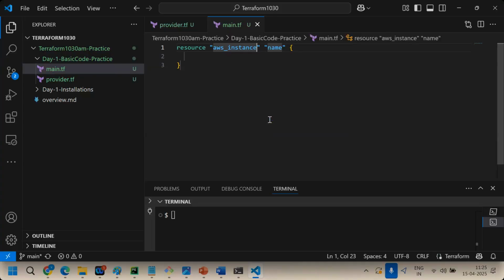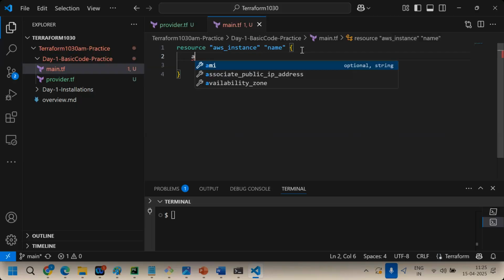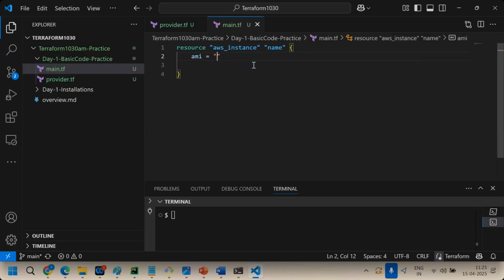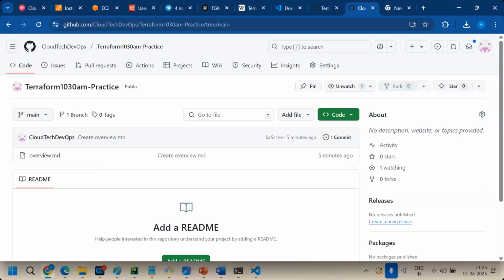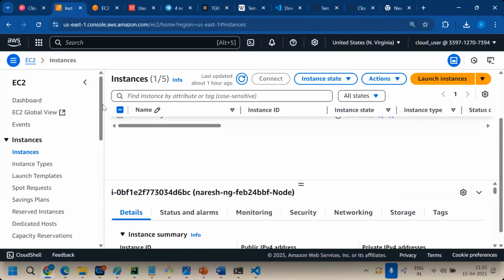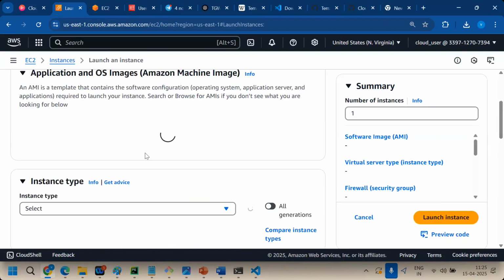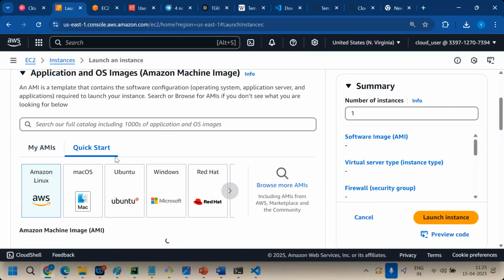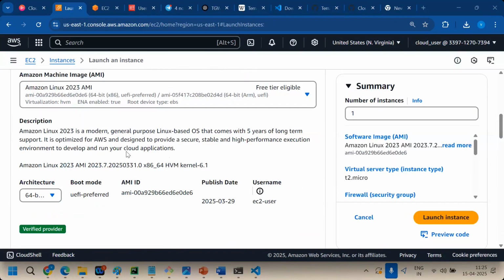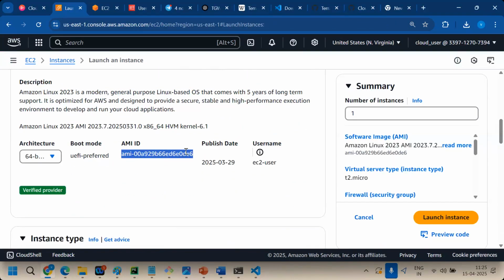Clear now? Okay. Now you tell me, create a resource instance. I want to create an AWS EC2 instance. What arguments are required? AMI. Give the AMI, for example, for US East 1. Okay, I'm taking the AMI.